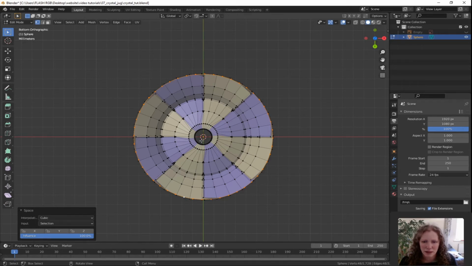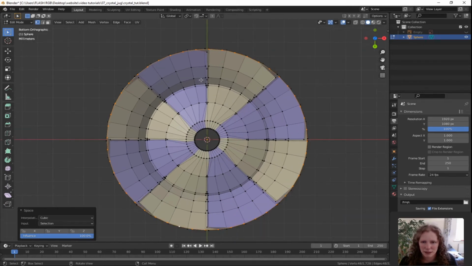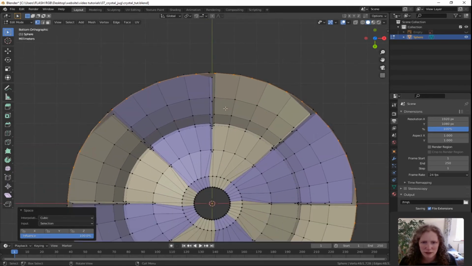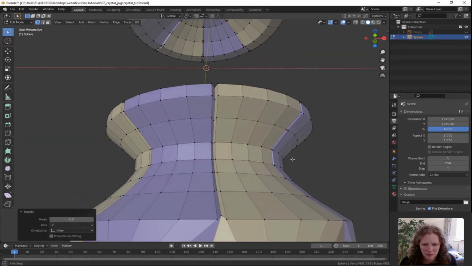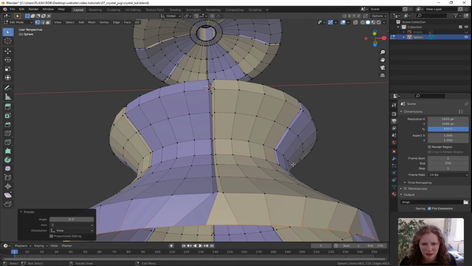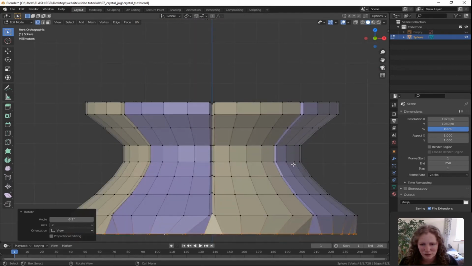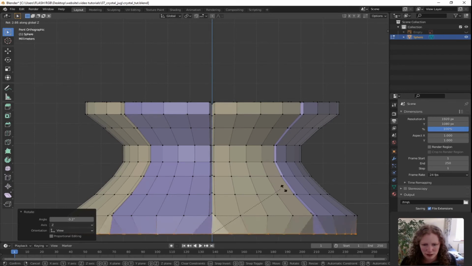Now you can see it's not really lining up very well. You can tell very easily on mine from the colors. Oh no, there still needs a way to go. Press 1 to get the front orthographic view. Press R for rotate, Z for Z direction only, and just move it until it's as close as you can